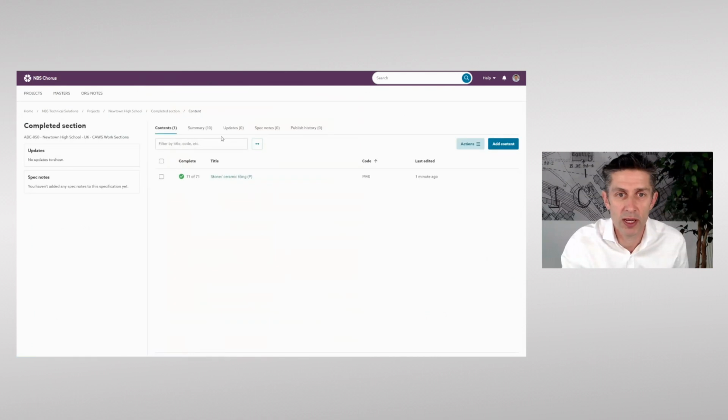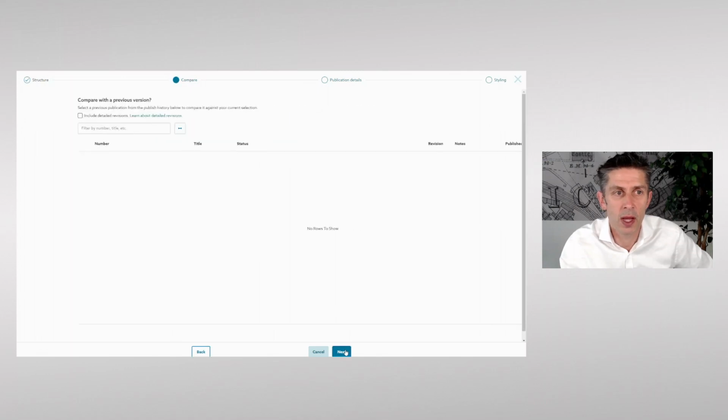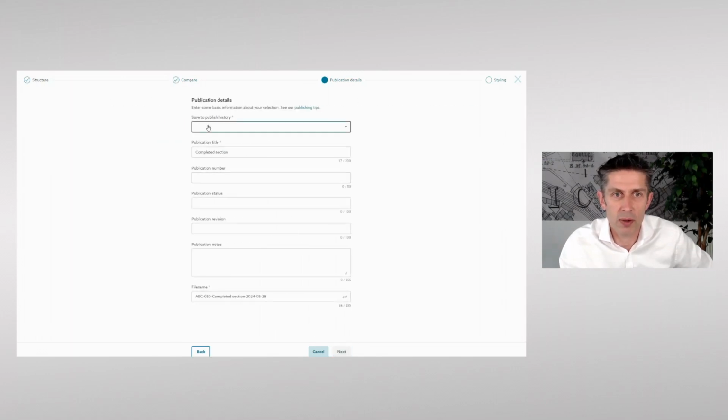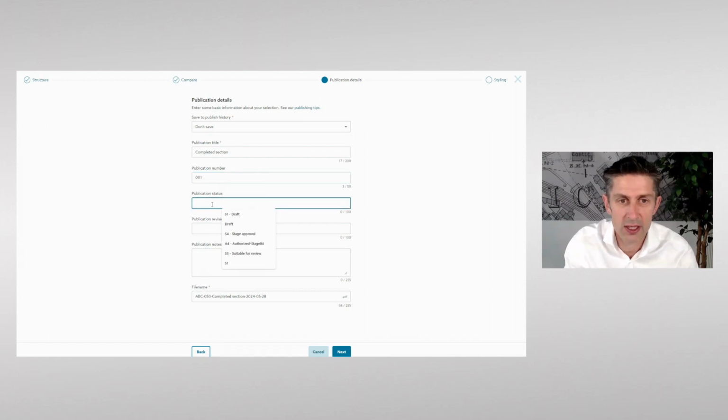So I'm going to come through here. If the only thing that was happening on the job was some tiling, I've just got M40 here, but more typically you'd have lots of sections, and you'd publish those. So actions, publish the specification. I'm going to do this very quickly, but I'm not going to save it. You can put values on the cover page and things, say what revision it is, put some notes,